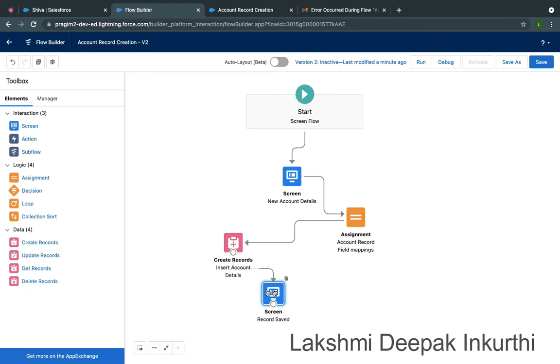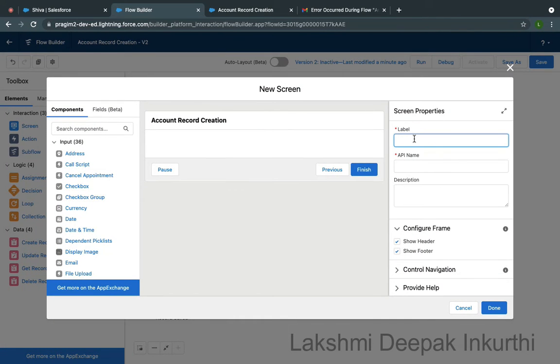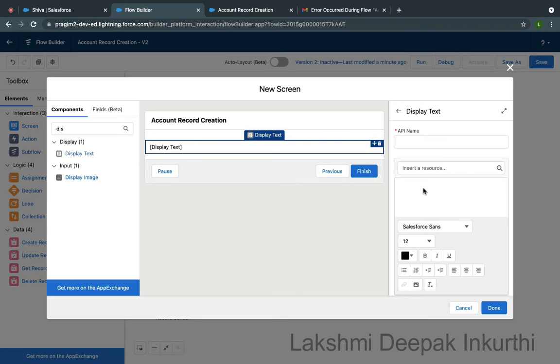screen. This is a vanilla type. What if there is an exception? I can drag another screen. I'll say on error load. So here I'll say display text and I'll say error occurred controlling